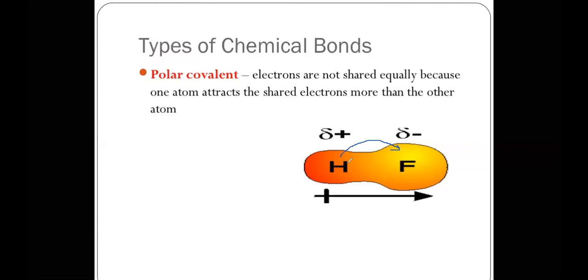Okay. So such kind of bonds are said to be polar covalent bonds, where the electrons are not equally shared. So here the fluorine is pulling the electrons from the hydrogen. It is going to pull the electron. So it means this is going to have a greater amount of electrons and this will have a lesser amount of electrons. So there is not an equal share. There is an unequal share. Such type of covalent bond, we call a polar covalent bond.